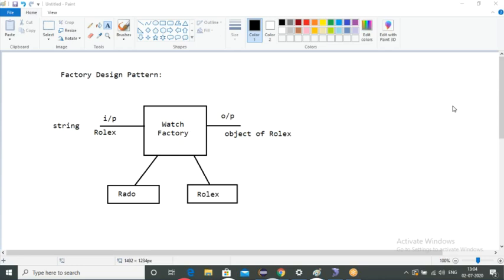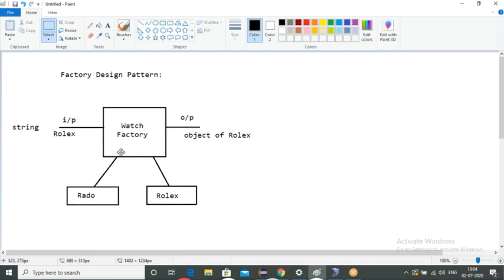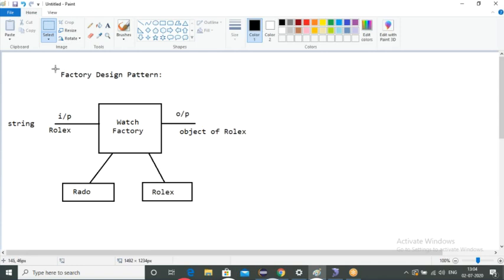Factory is the one which creates or produces different objects of the same type.